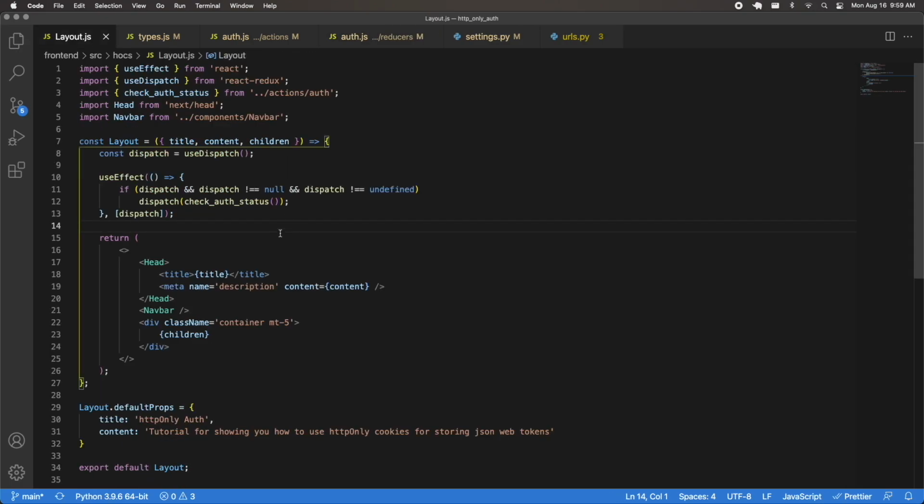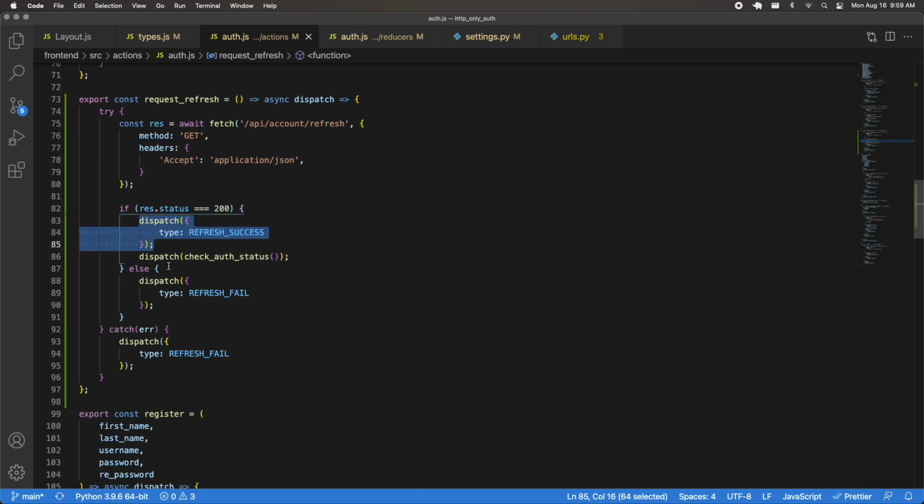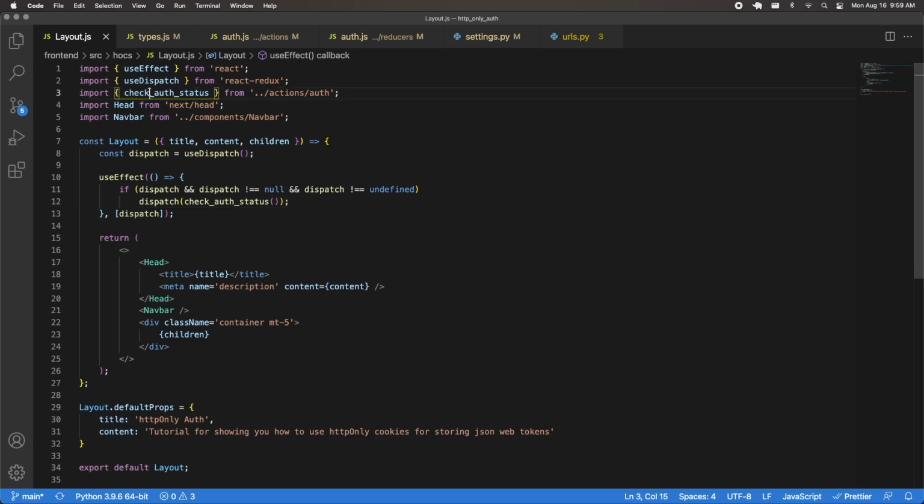So the next thing I'm going to do is go into my layout.js. And then instead of dispatching this check auth status, instead I'm going to dispatch that request refresh endpoint that we made. Because once again, when we hit this right here, if it's successful, we're going to dispatch a refresh success. And then we're going to dispatch that check auth status. So instead of bringing this in now, I'm going to bring in my request refresh. And then that's what I'm going to dispatch here instead. So that way we hit this. If it's successful, we get a new refresh and access token, we check our auth status, and then from there,